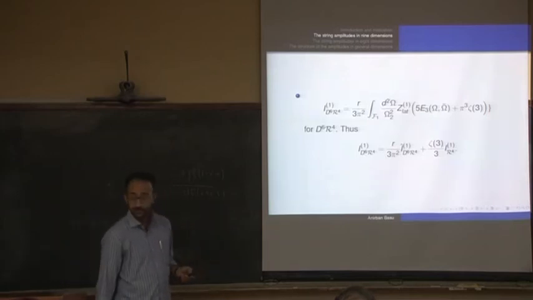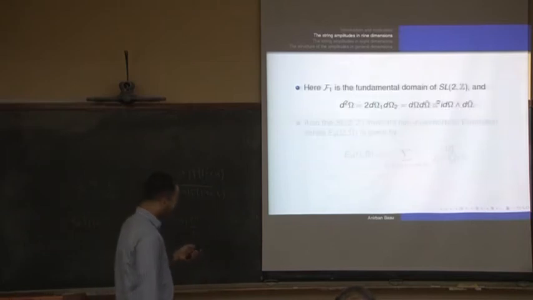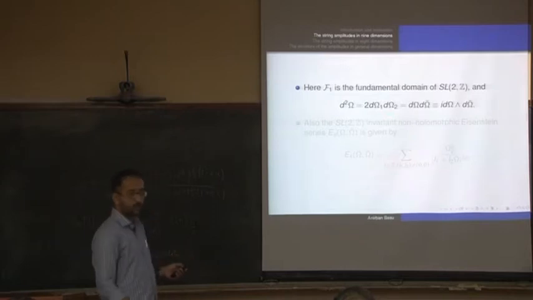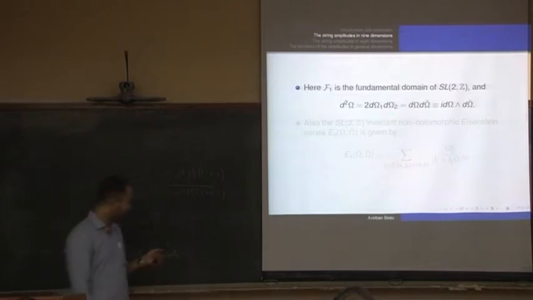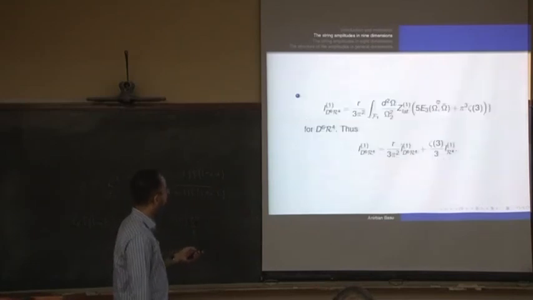You said this, but what was omega, please? I'll explain it. Okay, here's the definition. F1 is the fundamental domain of SL2Z, that's the keyhole. d2 omega is the volume, d omega 1 d omega 2. I have an extra factor of 2 compared to any place in the literature, if you want to follow the details. I've explained this part. I have to tell you the lattice and what these E's are.